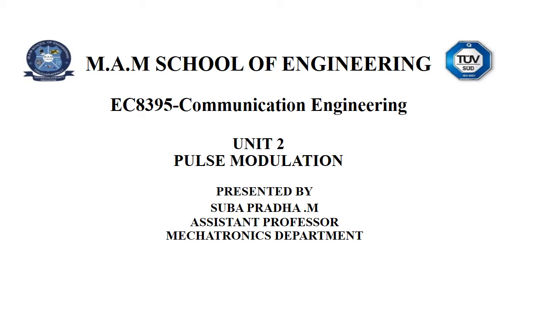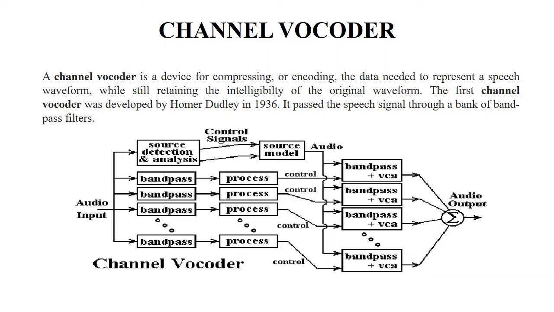Today we are going to see about the channel vocoder and its types, and the phase vocoder and its types. Channel vocoder. A channel vocoder is a device which is used for compressing or encoding the data needed to represent